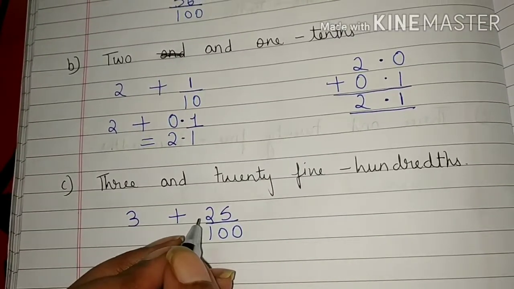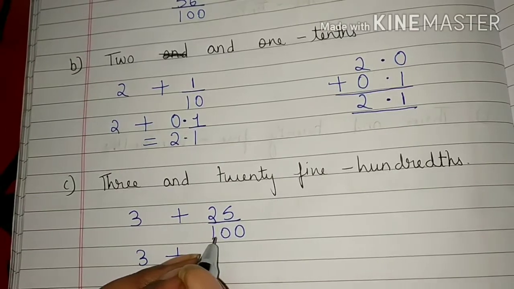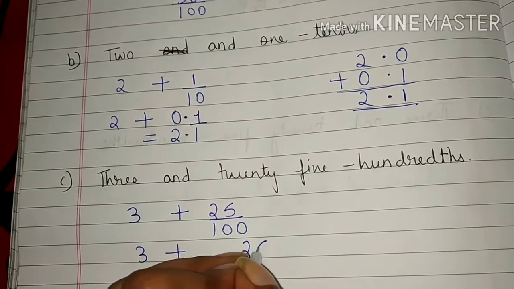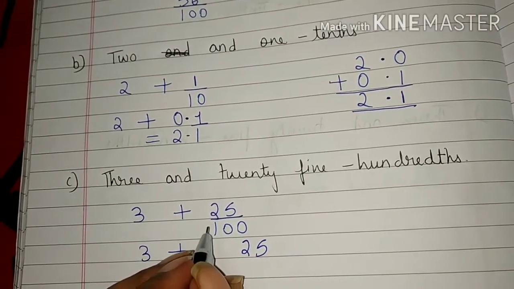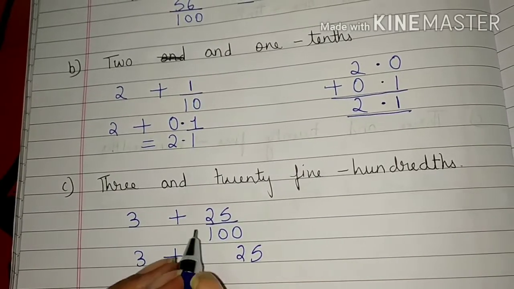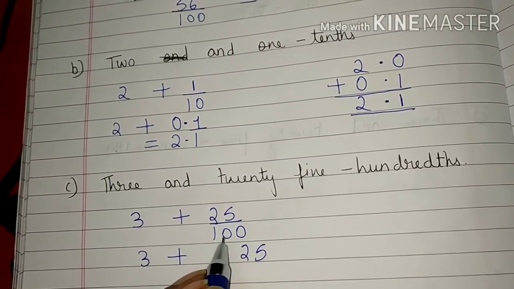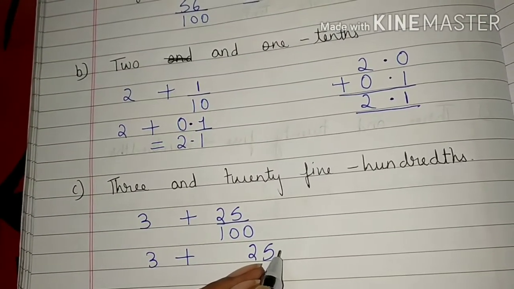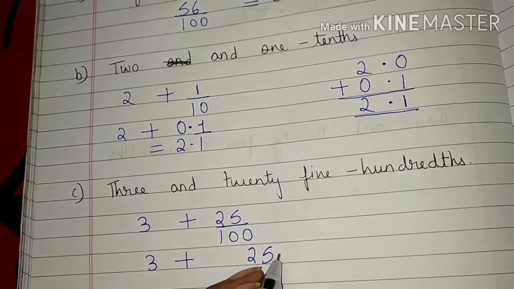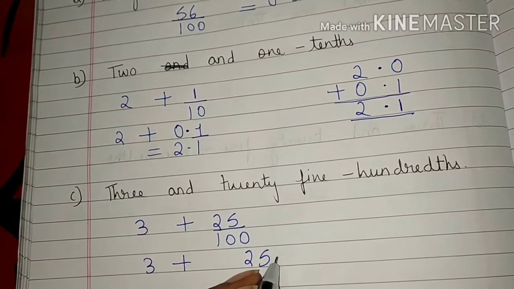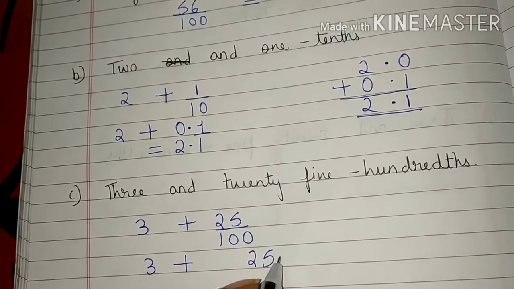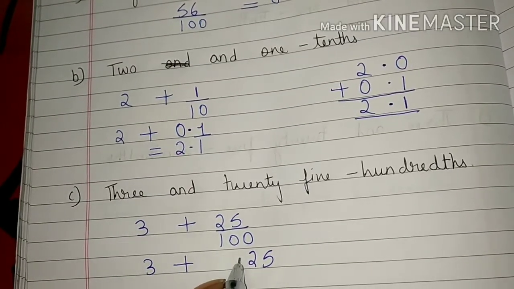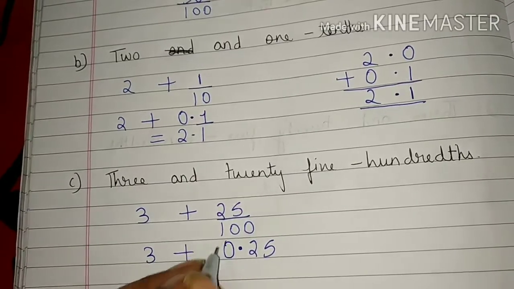So students, you can see here numerator is 25 and denominator is 100. We will write the numerator here, 25, and then we will count the number of zeros in the denominator place. Students, you can see here 0 is written 2 times. So we will come to the numerator and start counting from the right hand side and leave 2 numbers and then place a point. So students, we will leave 2 numbers from the right hand side. 1, 2. We will leave these 2 numbers and then place a point here and then write 0.